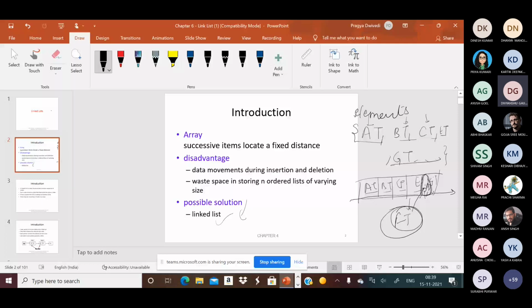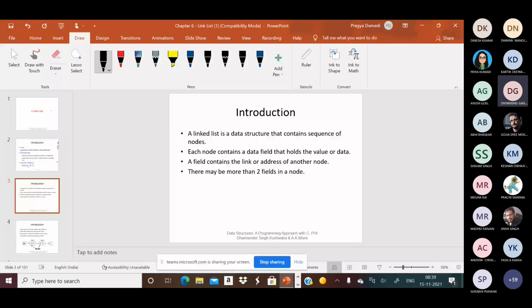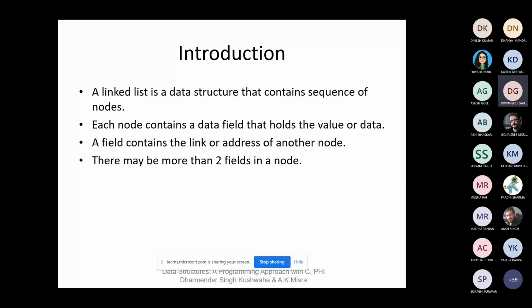So, starting the linked representation, the linked list. A linked list is a data structure that contains a sequence of nodes. Each node contains a data field that holds the value or data. Another field contains the link or address of another node, and there may be more than two fields in a node. So normally when we are talking about the linked list structure,